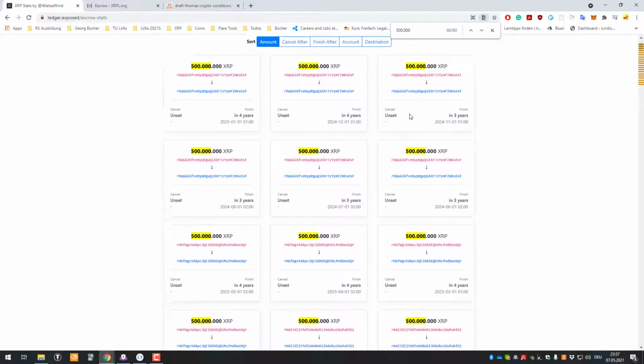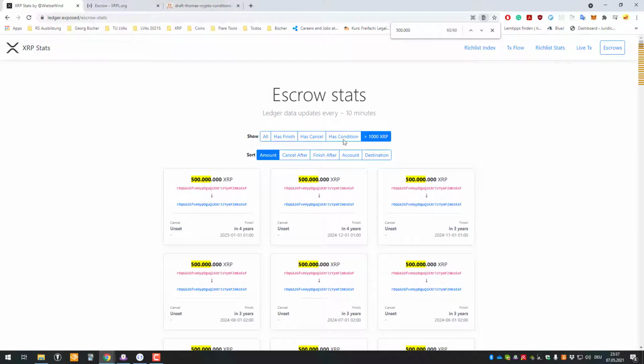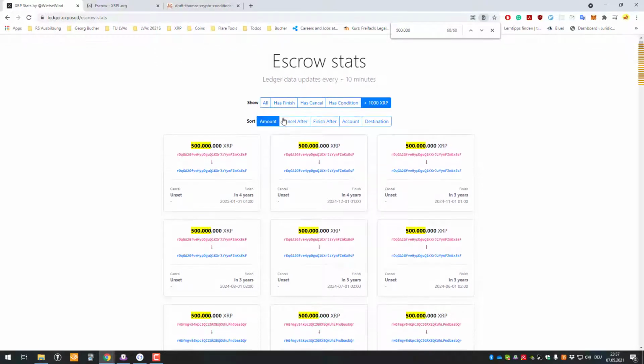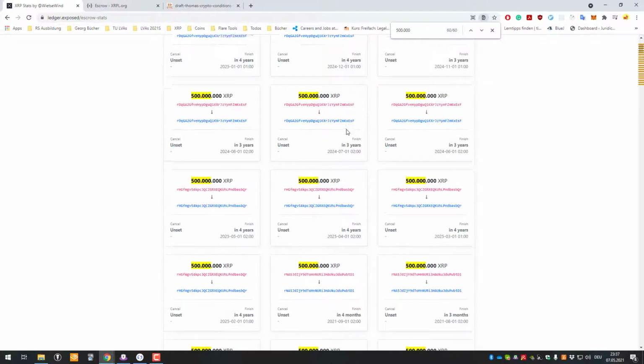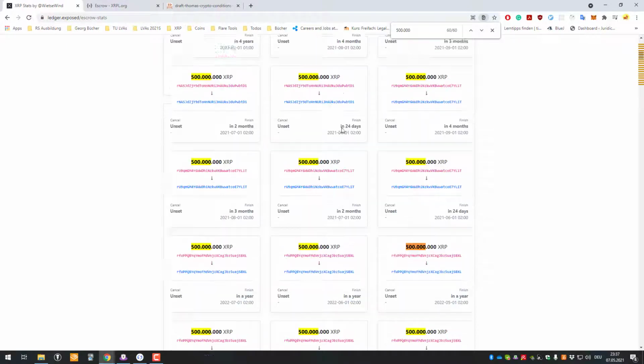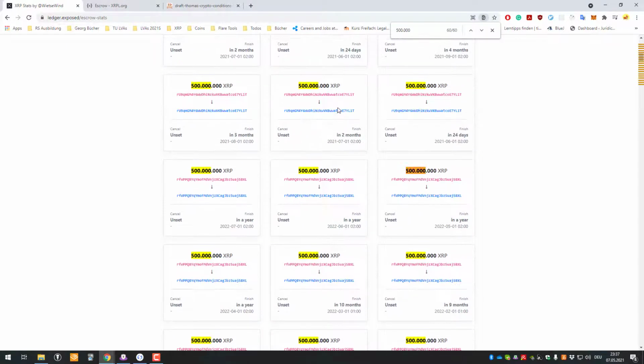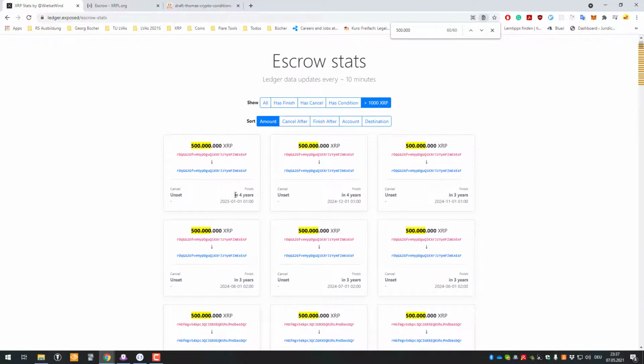So as you can see here, it's unfortunate, it's unsorted, so the overlay is not that good yet. Maybe he will work it over, because we can see all the escrows currently, also by other private people. But if you look into it, we can see here that there are some escrows in 4 years, so there's also a